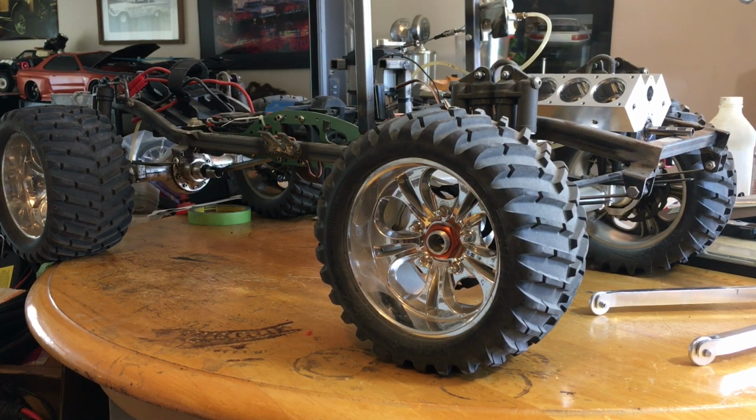I know somebody's done a Grave Digger back then in the day with the Conley small block, and then they updated it to the Stinger 609. And like I say, I'd love to have a Stinger, but